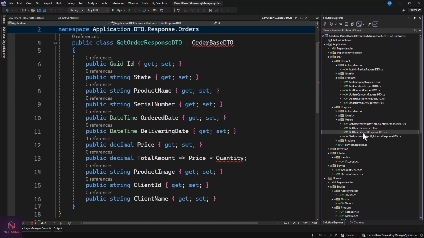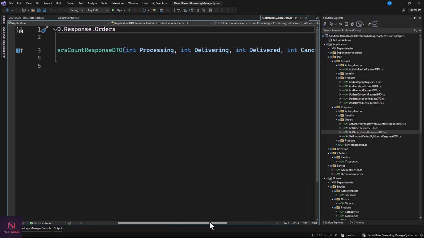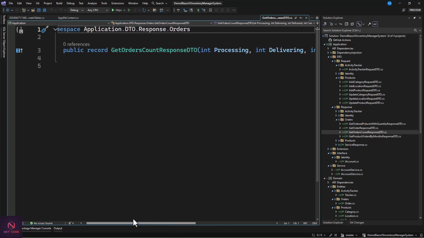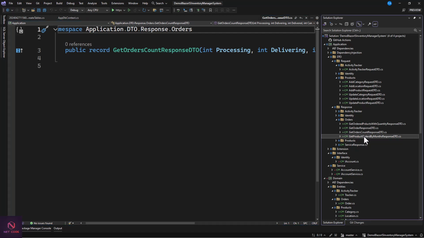Then we have get orders count response. So we're going to get a count. We have the states: processing, delivering, delivered, and now cancelled. So you can see that these are the states. Now you want to find out the number of orders which have each state. So that's the reason why we're doing that. This is going to return an integer, okay? These are the parameters that we're passing in. When you get to the handler, you're going to see that you return an integer. Now when you go to get orders by month,